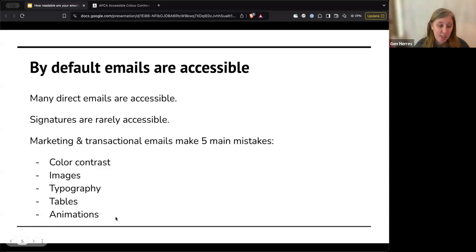And then animations. Animated GIFs cannot be stopped when they're in an email, which means they are constantly blinking, flashing, changing, and it's extremely distracting. Many people literally put their hand over parts of an email that are blinking or flashing. They'll click off the email,